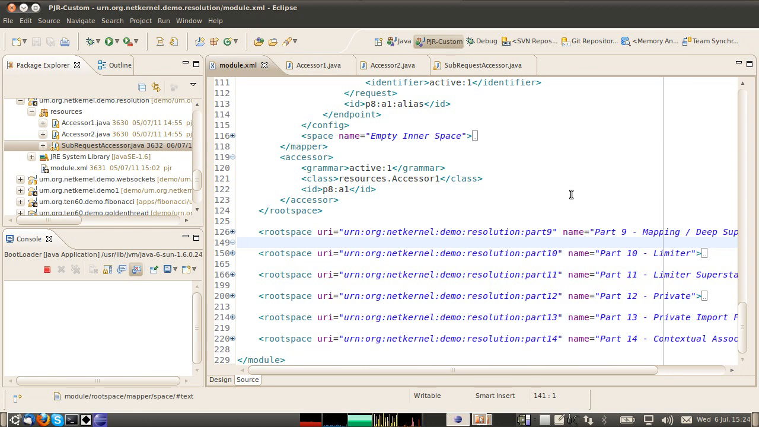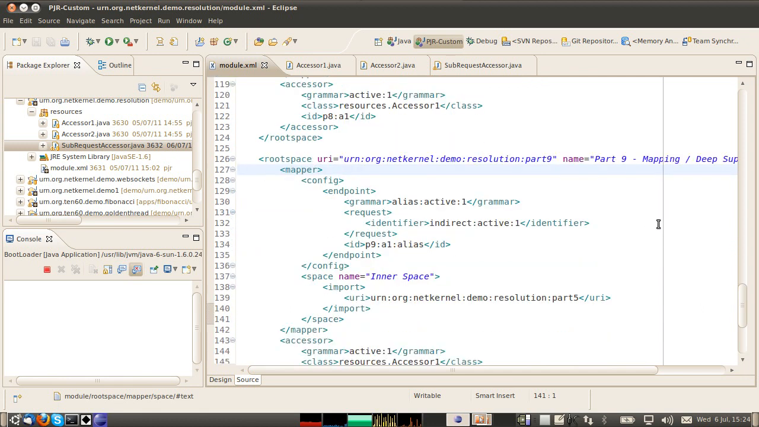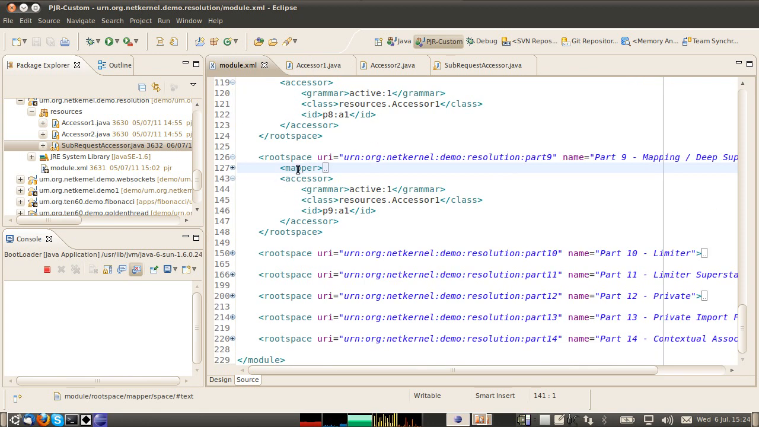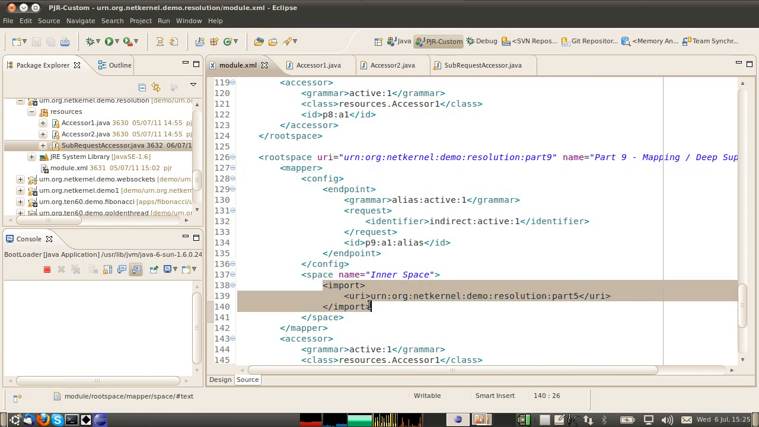Okay, in part 9 we're going to look at a more typical use of the mapper and see how the mapper and the Superstack combine to allow more rich interaction patterns. So what we have in this address space is, again, a mapper declared and our active1 endpoint, and inside the inner space, which we're showing here, it's just a space like any